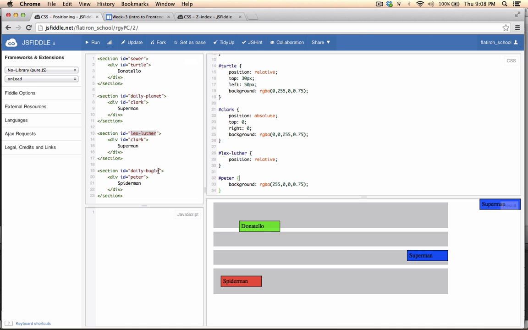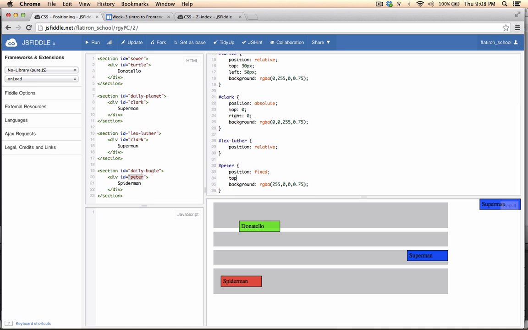Lastly, let's take a look at the Daily Bugle section, which is holding Peter. So let's go ahead and set Peter to be position fixed. And then we're going to set him to be positioned top 0. And we'll go ahead and say right 120 pixels. So this is going to move him to the very top of the screen because it's set to top 0. And because it's set to right 120 pixels, it's going to move him 120 pixels over from the right-hand side